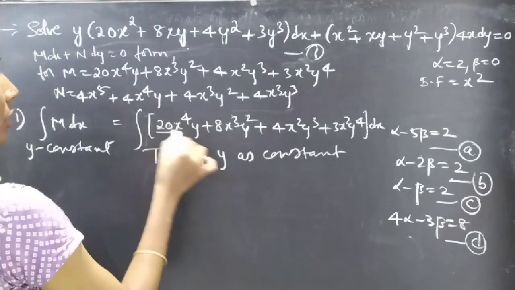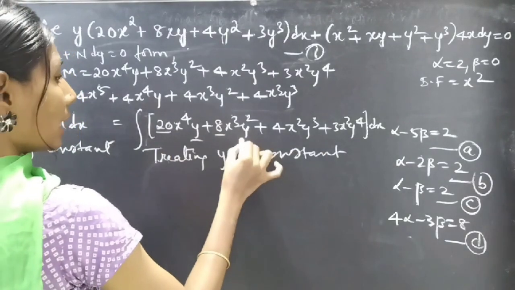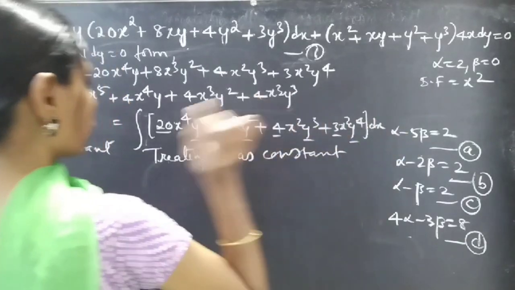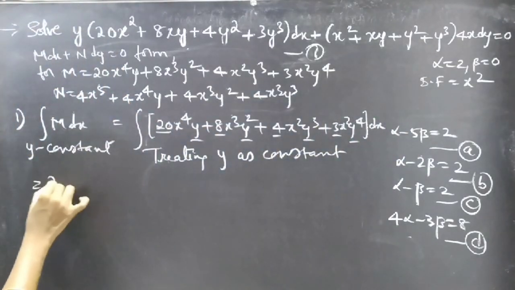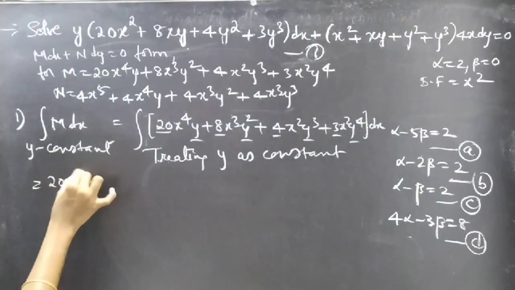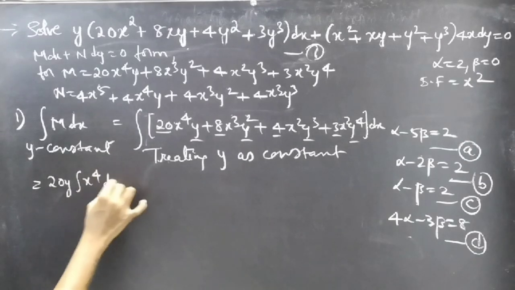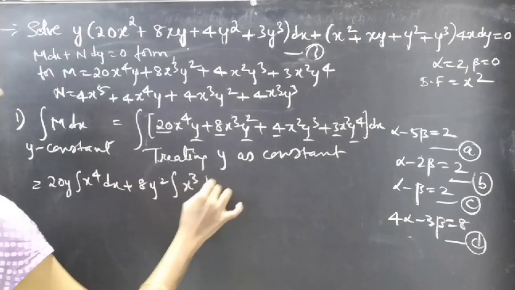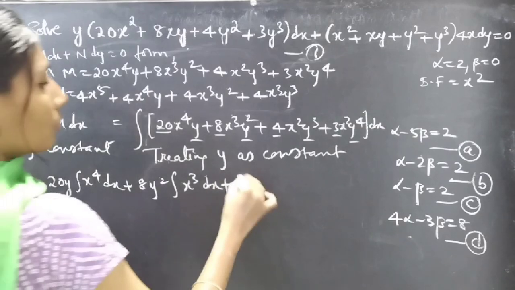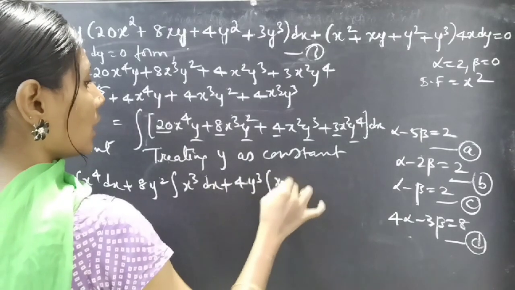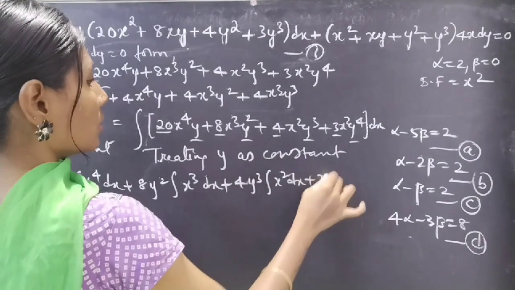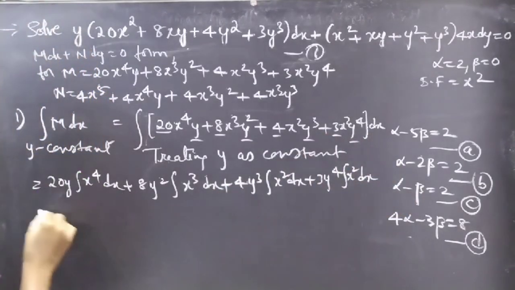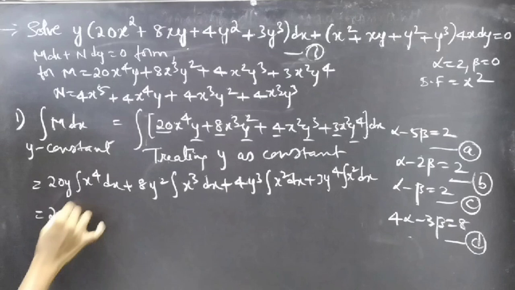So in the first term 20y is constant, in the second term 8y square is constant, in the third term 4y cube is constant, in the last term 3y power 4 is constant. Now we'll write this as 20y integral x power 4 dx plus 8y square integral x cube dx plus 4y cube integral x square dx plus 3y power 4 integral x square dx,